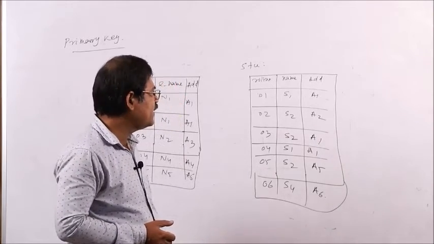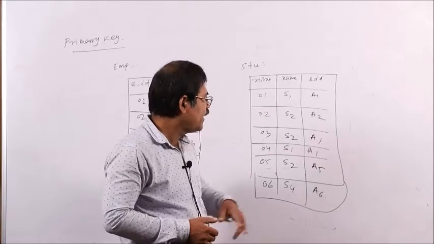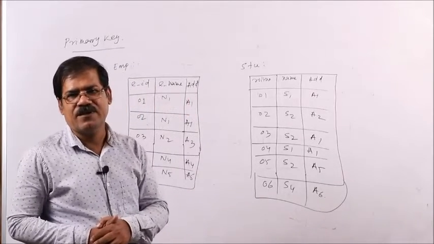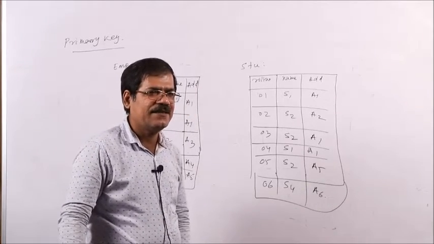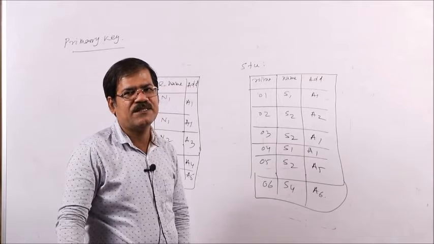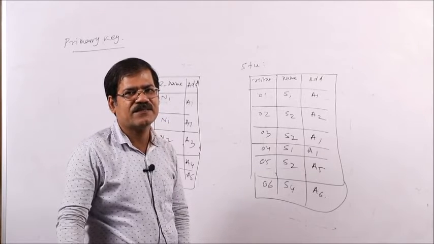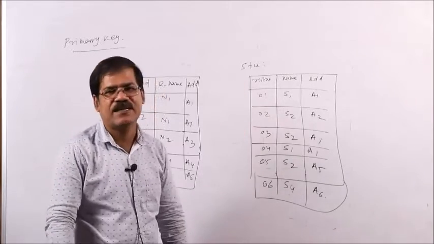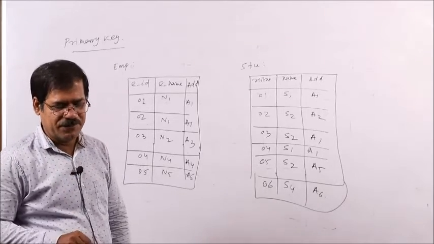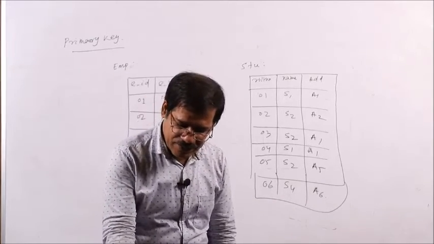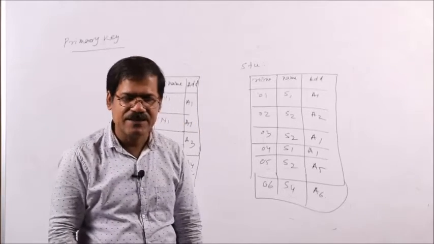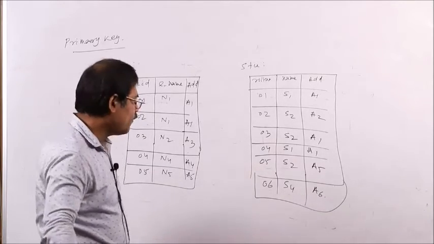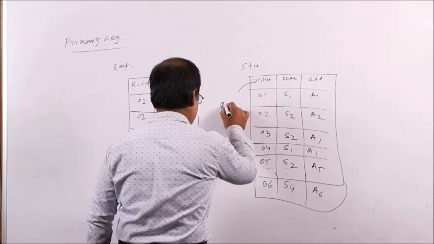If I say name is S1, how many records? 2. If address is A1, then 3 records will be fetched. So, what is a primary key? A primary key is a field in a table which will uniquely identify the records, so a unique record will be fetched. If roll number is 1, only 1 record will be fetched; roll number 2, only 1 record; roll number 3, 1 record. So, the roll number field is treated as a primary key,